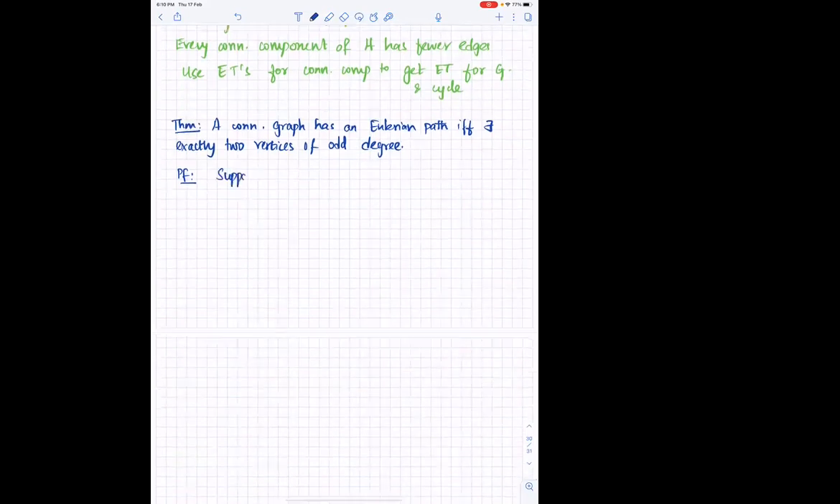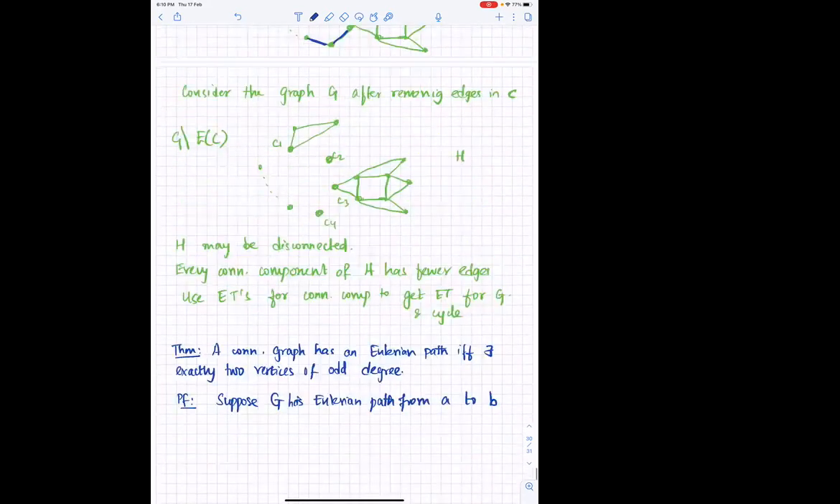So what is one direction? Suppose the graph is Eulerian. Then there is an Eulerian path, right? I mean, I should not say G is Eulerian. Suppose G has an Eulerian path. Whenever we say G is Eulerian, we mean that there is a closed trail. Otherwise, we'll say that G has an Eulerian path. Suppose G has an Eulerian path, which is from one vertex A to the other vertex B. Then, similar to this argument here,